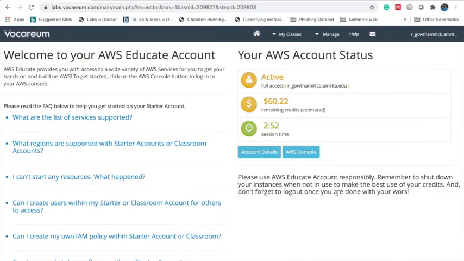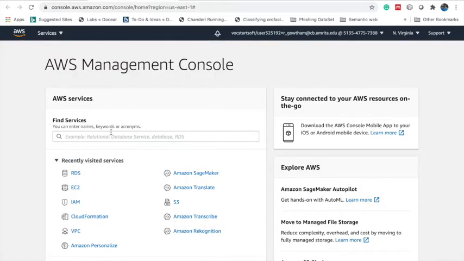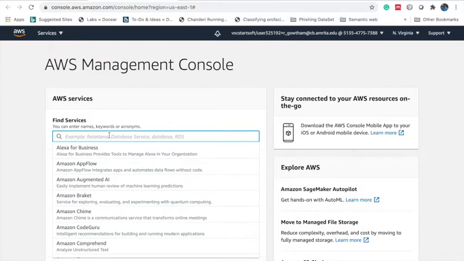Go to a dedicated account, click on AWS console, and in the search give RDS.